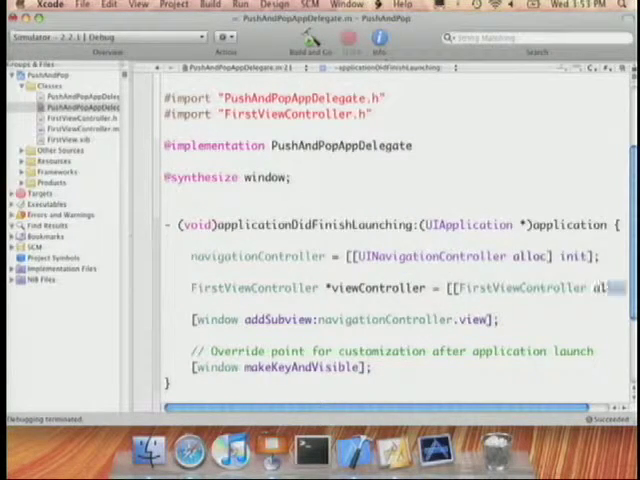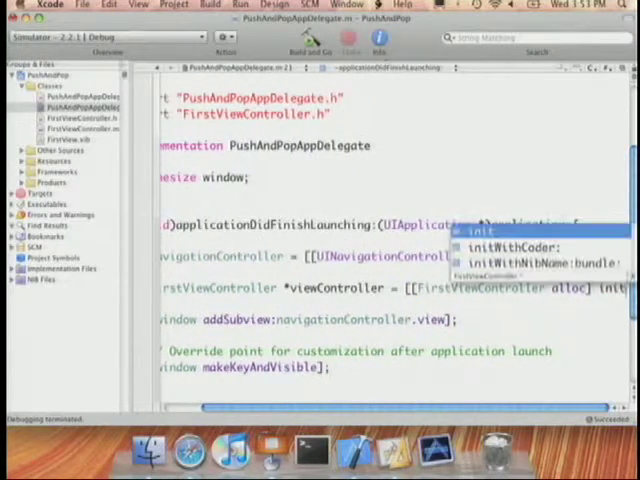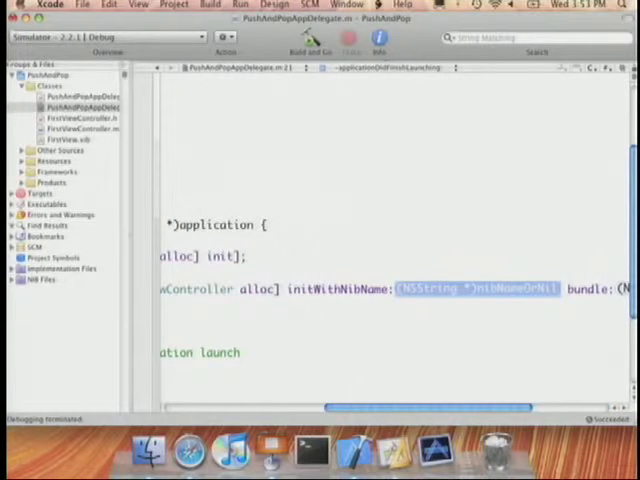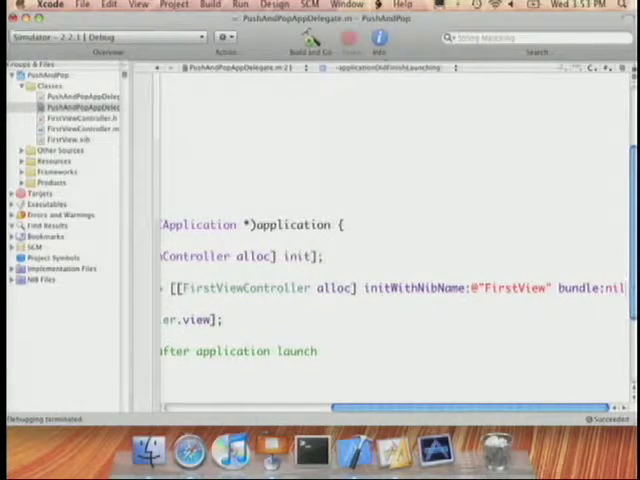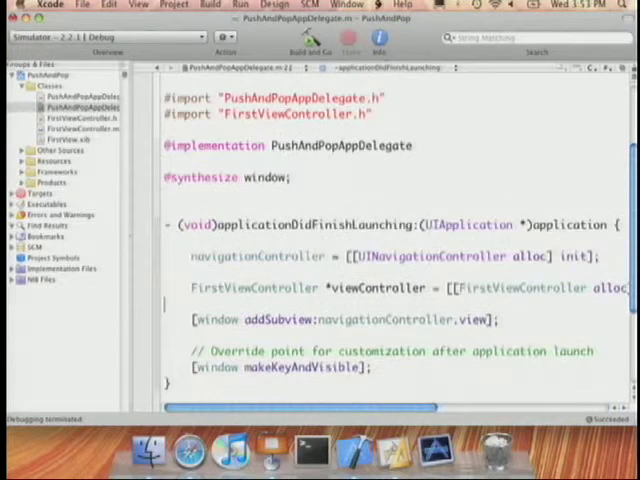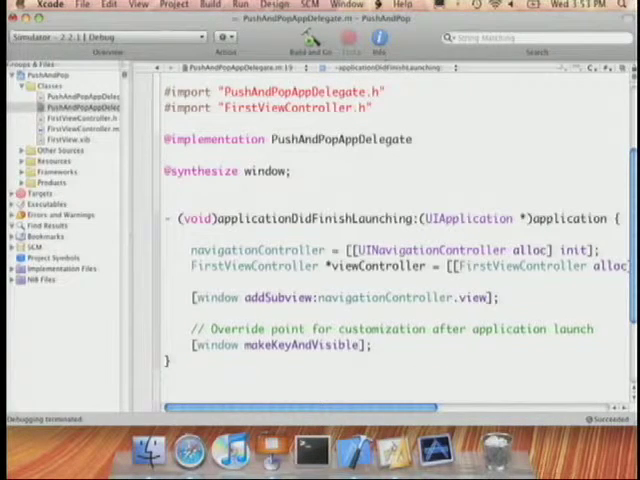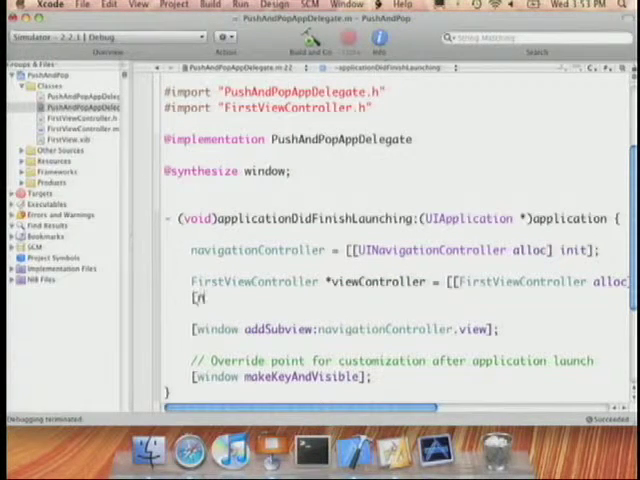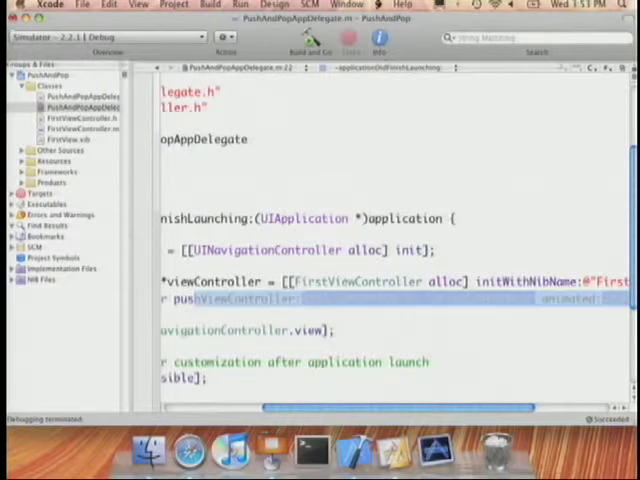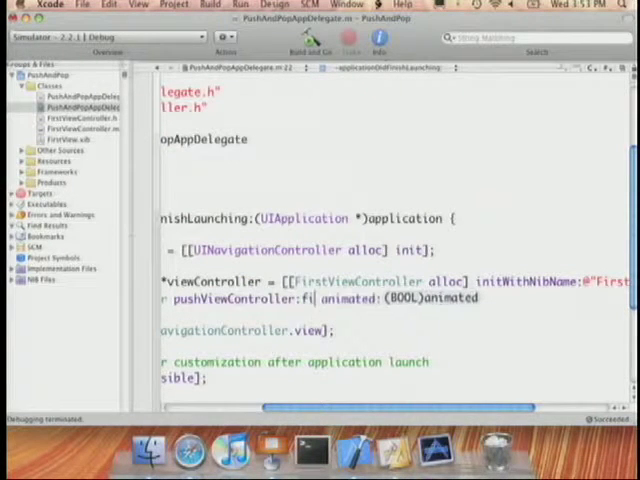First view controller, alloc, and I'm going to call init with nibname and bundle. So the nibname was first view, and the bundle you can just pass nil here almost all the time, 99.9% of the time. In every third-party app, you're just going to be using one bundle. So I've created this thing, and I want to push it on the navigation controller. So I'll call navigation controller, push view controller,